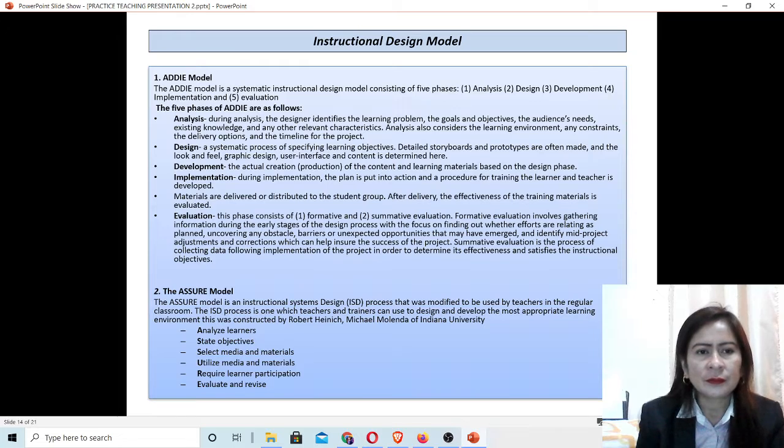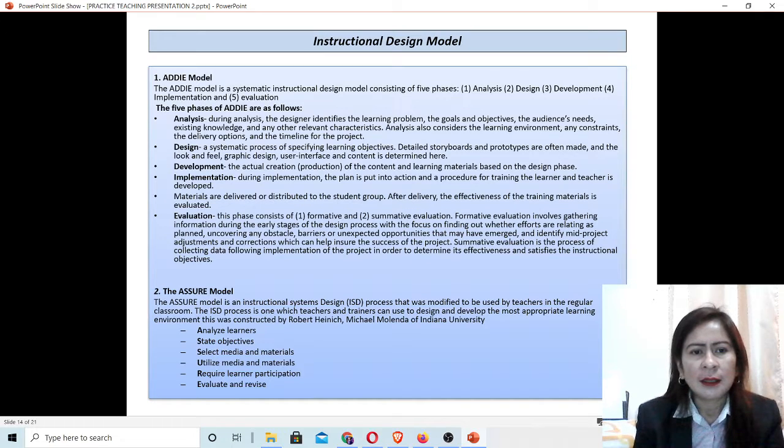Design. Design is a systematic process of specifying learning objectives. Detailed storyboards and prototypes are often made, and the look and feel, graphic design, user interface, and content are determined here.